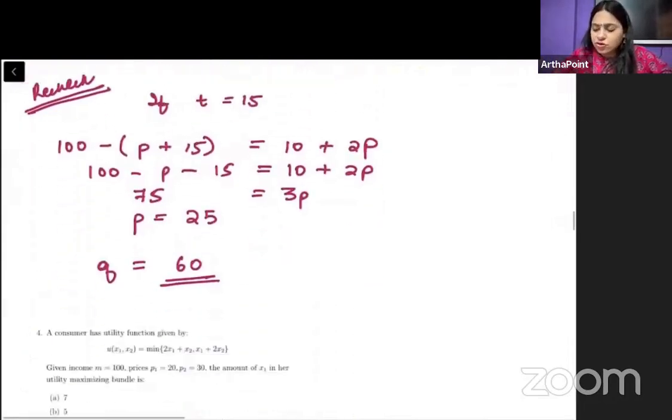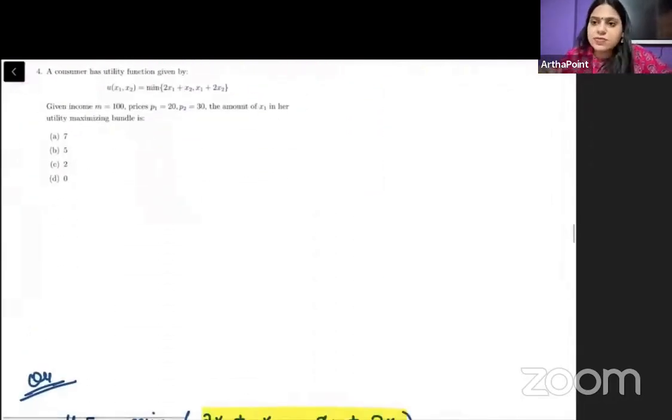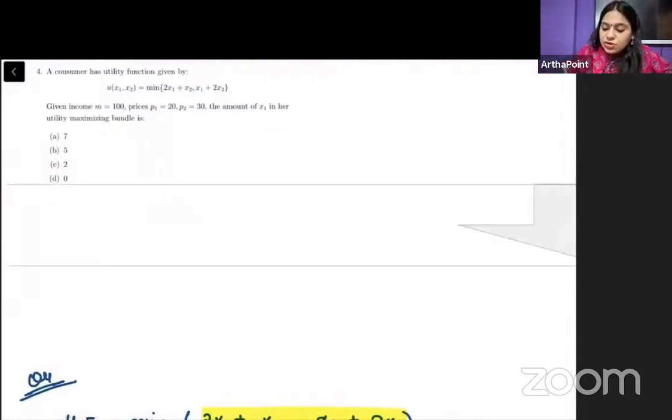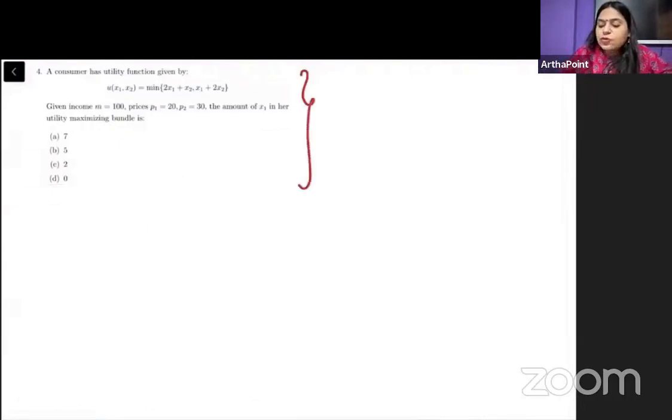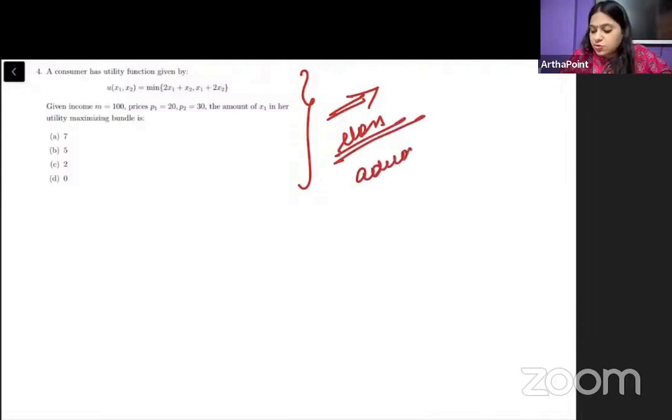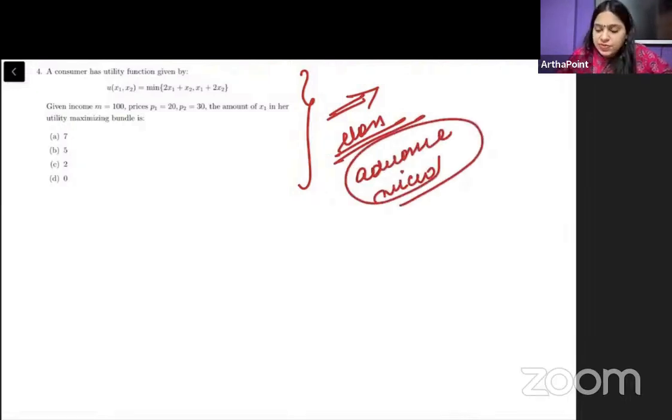Okay, I think I have not written the options, but that will be 15. But I come to the next question. These are the kind of questions which we have done multiple times in class in the first few lectures of advanced micro. So you can go ahead and redo these questions from there also. Let me look into these questions.